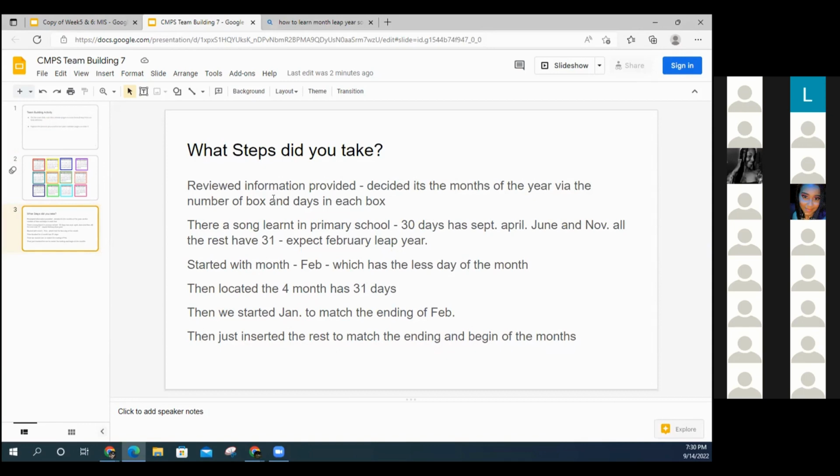days of each box. And then I'm not sure if everyone knows this, but in primary school we learned a song, something like 30 days have September, April, June, and November. All the rest are 31 except February, which is a leap year. We learned this in primary school, so I used this information I had, and the rest of the group started with February, same as us, and then we located the months that have 31 days, and then